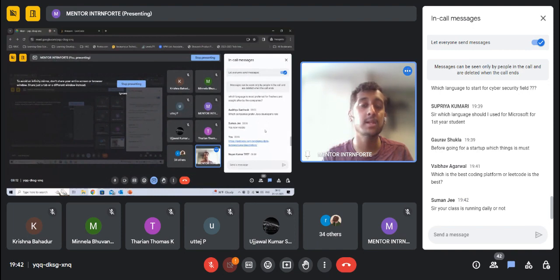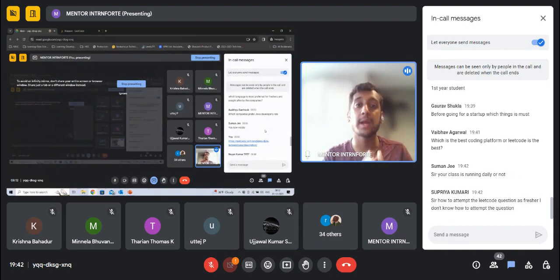But then again, it's not like companies expect you to know, let's say, Golang, which is not as common, not as many people know Golang as Java or Python. Companies won't expect you to know Golang when they interview you. If you know it, that's great, but that's not an expectation all the time.